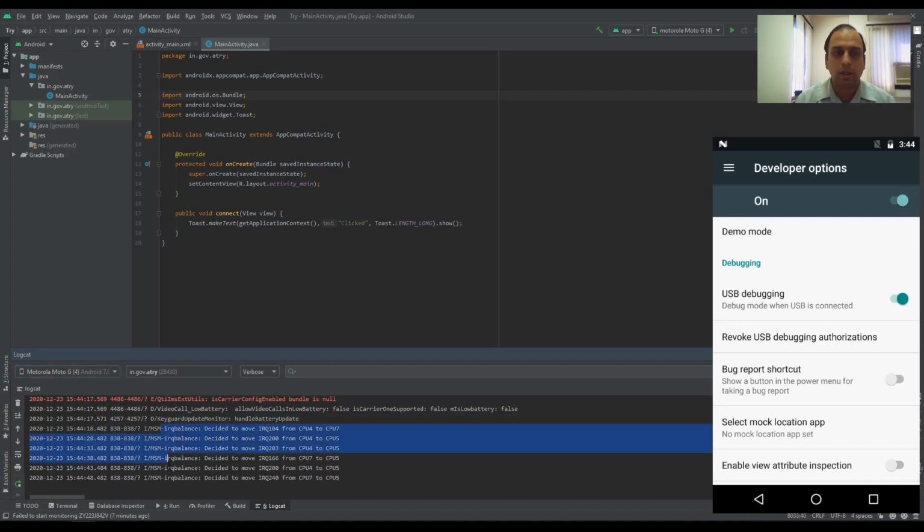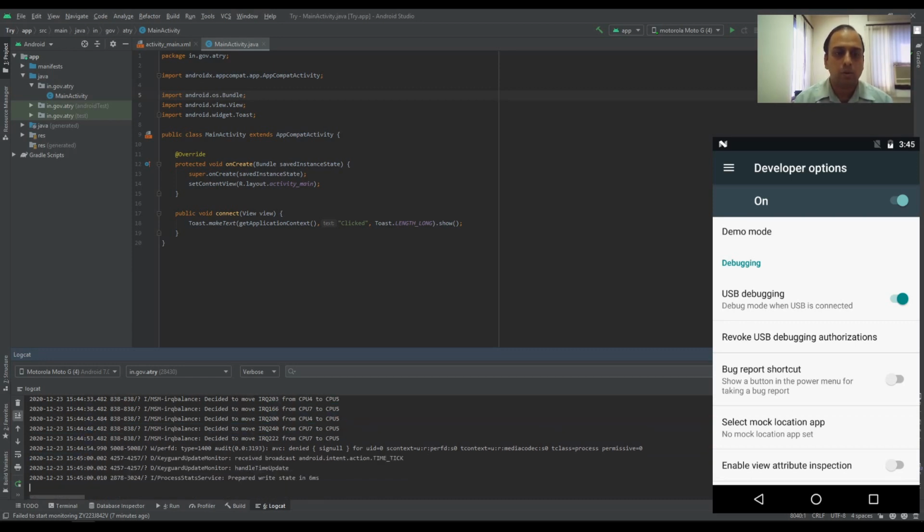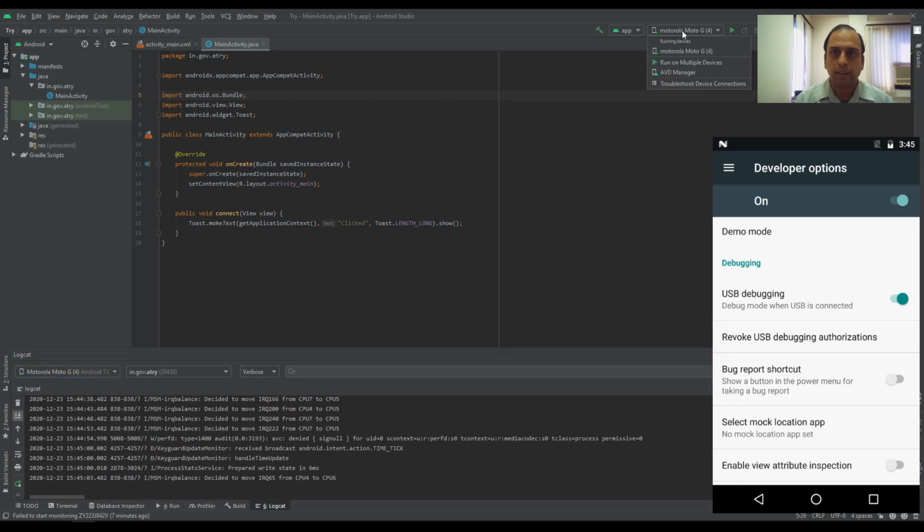This is the logcat where you will be seeing the debug messages, warning, error, report, all these kinds of messages. So this is where you should see your device, and in the top right box, you should also be seeing the device.